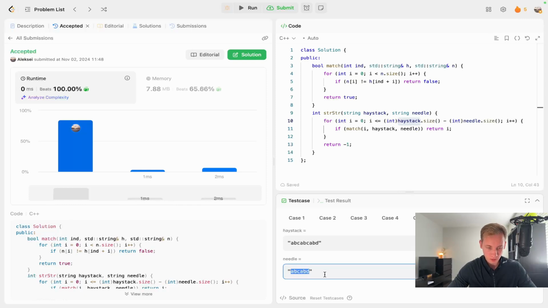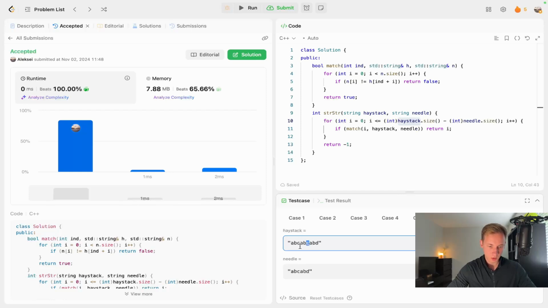We see that when we fail to compare the character D with the character C in the haystack, we know that before the character D there is an AB substring, and that AB substring is actually a suffix of the needle, and it's also a prefix of the needle. This means when we find a mismatch between the last character in needle and the C character in the haystack, we can still continue our comparison from the current character in the haystack and the next character after the prefix